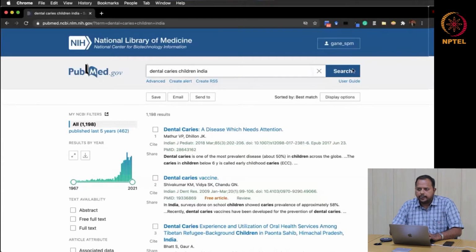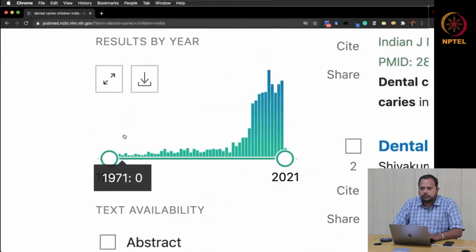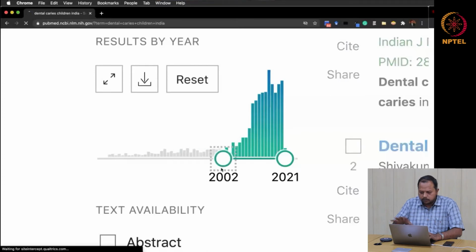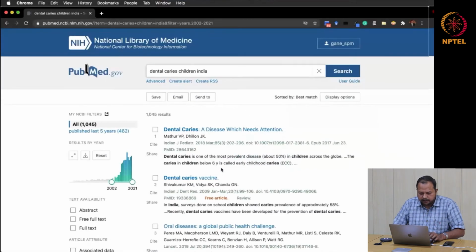In the result, on the left side, what you see are called filters, the same kind of filters available in Amazon. They tell you by year how many articles are published. If you toggle this, the number of articles gets minimized, so I can see the last 5 years or 8 years, depending on your toggle option.